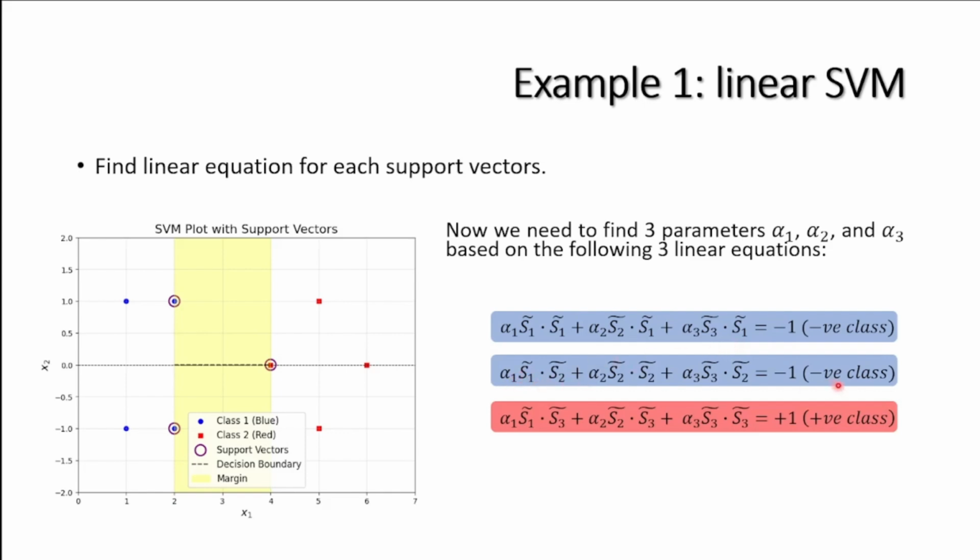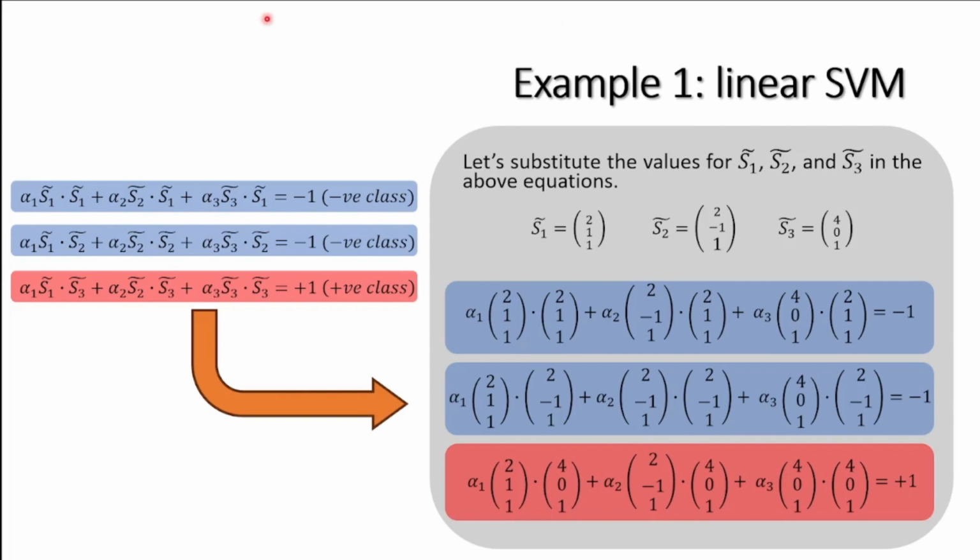The same goes for the second point, so we have S1, S2, and S3 with S2. For S3 over here, obviously the class is positive, because it is on the right-hand side; we consider it the positive class, and the blue is the negative class because it is on the left. So S3 is multiplied with all the other coefficients and other data points. After we arrange the coefficient multiplication between alpha, S1 tilde, and the others,